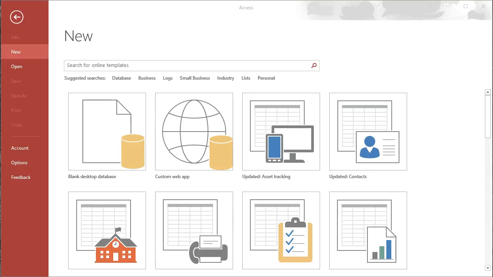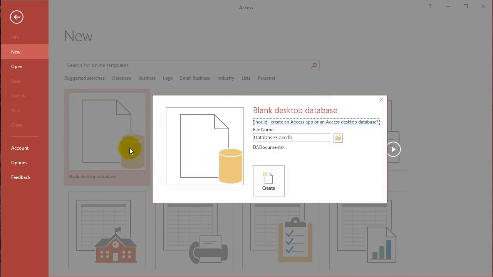So if you open up Microsoft Access, the first window, my version is Access 2016. The first window, you will just create a blank desktop database. So just click that and choose where you want to save it. So I'm going to save it called, let's say, tutorial.accdb, and where you want to save it, you can change the folder path if you want to save it somewhere else. Click create,